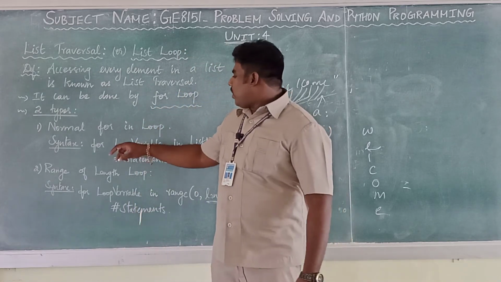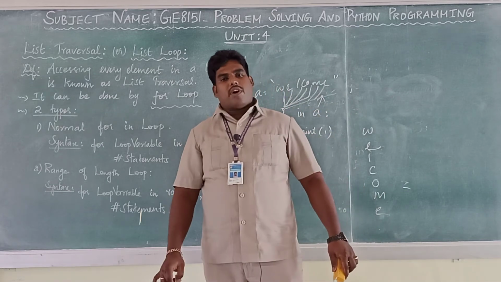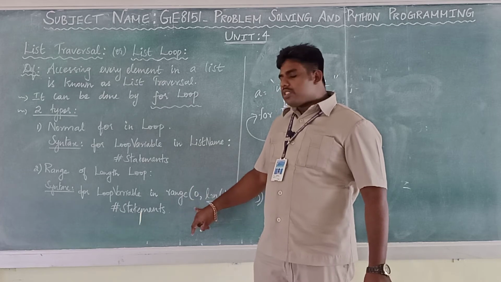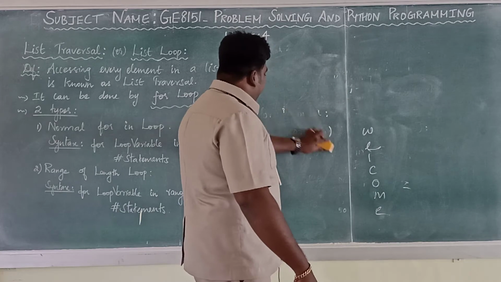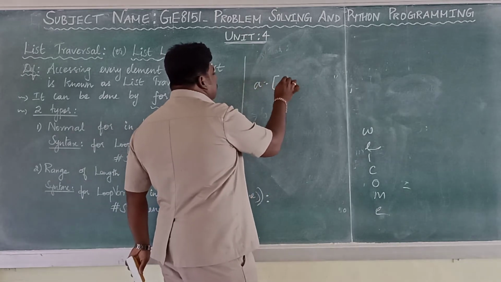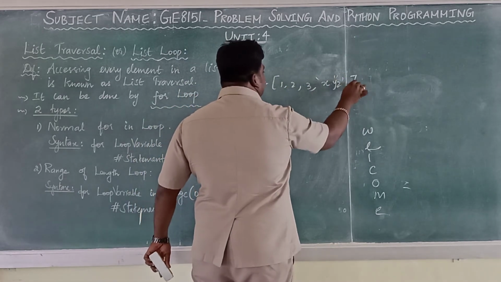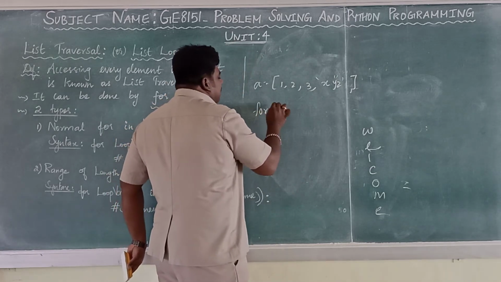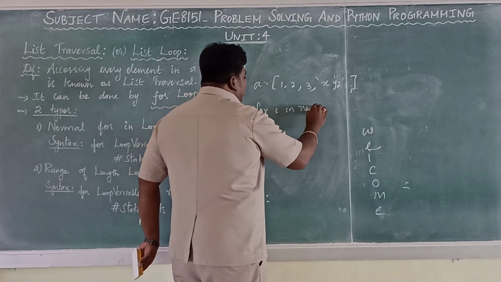This is the first syntax, your normal for loop. There are another two ways we can use the for loop, right? The first one is using sequence data types. The second one is using the range function. The same thing I am going to do with the help of range. A equal to 1, 2, 3, x y z. This is the list. Write the for loop: for variable name I in range of